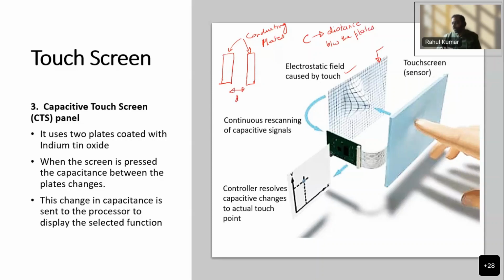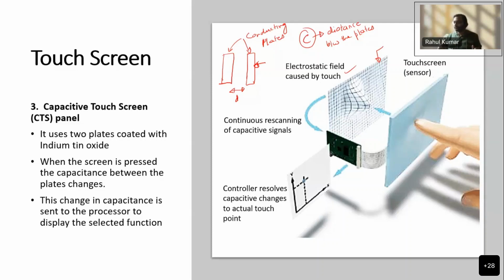And if you press on one of the plates, the distance between the plates will reduce or change, and that will change the value of capacitance. Depending on the value of capacitance, you can then select and use it to display that selected